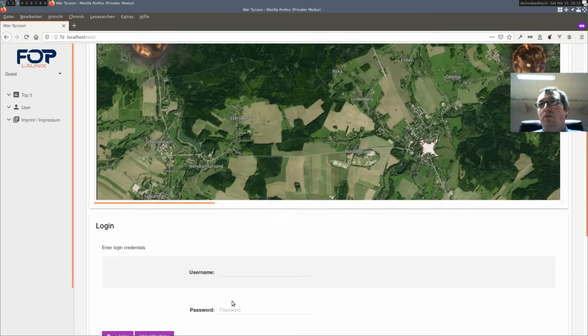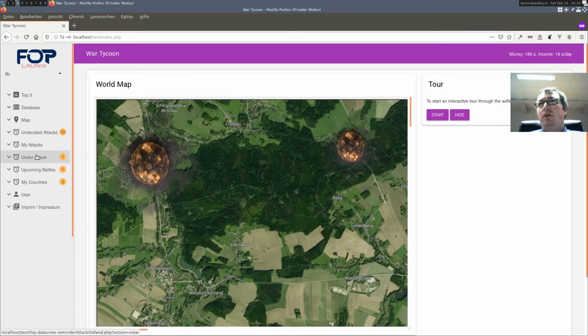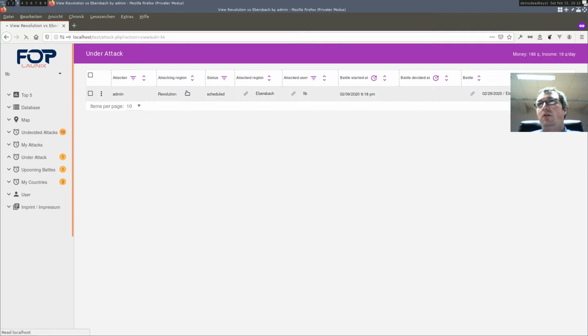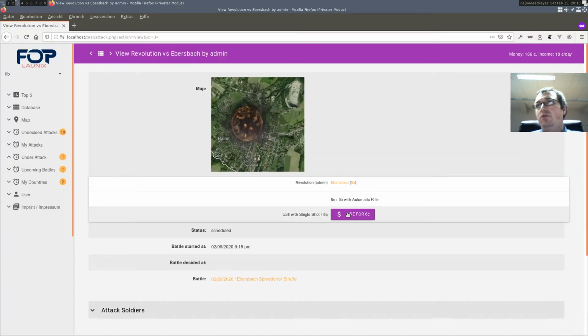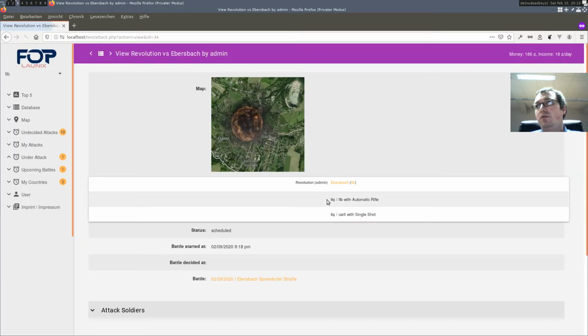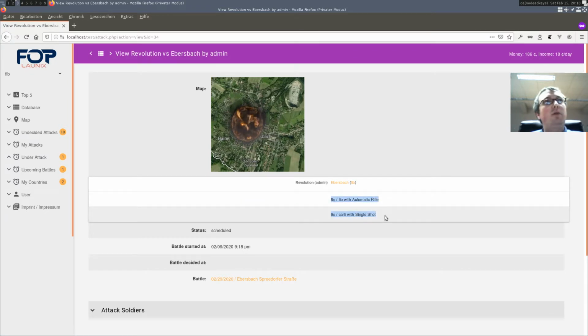So when I log in as FIP, and when I go to under attack, now I'm under attack, I can hire these soldiers for me. And here we already see a first problem.